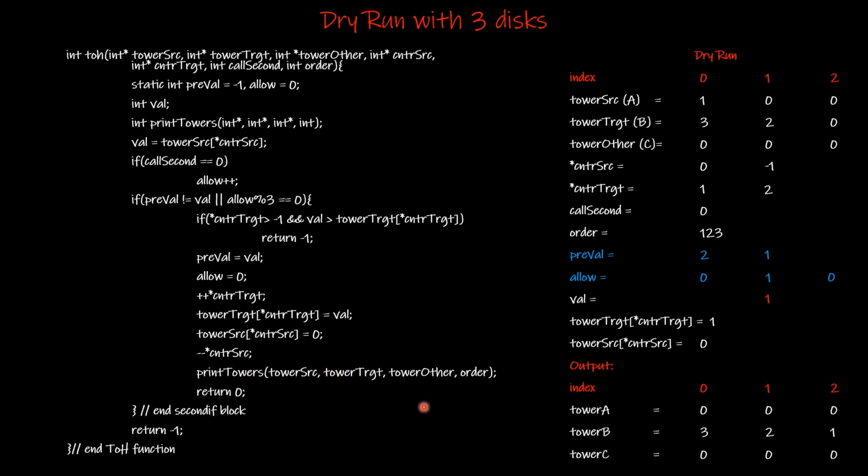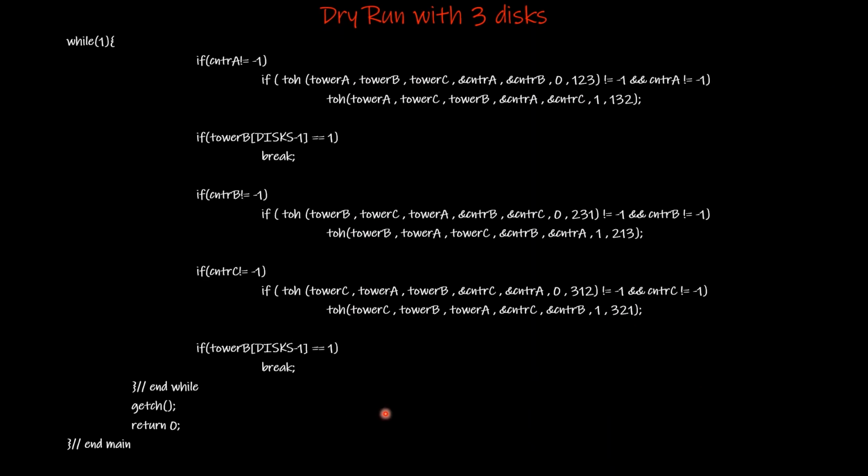These are the values. A is of course all zeros because this value got transferred here. B is again having value 3 2 1 because this value got transferred here, and C was not part of the transfer, and therefore values remain the same. So return 0, we go back to the main function. So we are back in the main function.